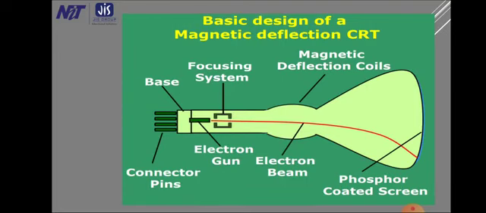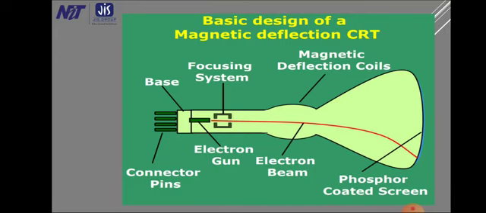This is the basic device of magnetic deflection CRT. This is the diagram where we only show that there exists an electron focusing system at the base of the CRT. Of course, it doesn't show the other components like acceleration and the control systems, which are part of what we commonly term as the electron gun, the base of the CRT. In fact, the electron gun terminology is typically used for stages of accelerating anodes. So these are the different terminologies.